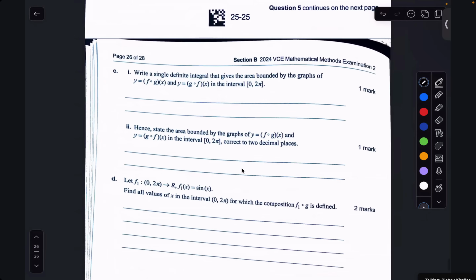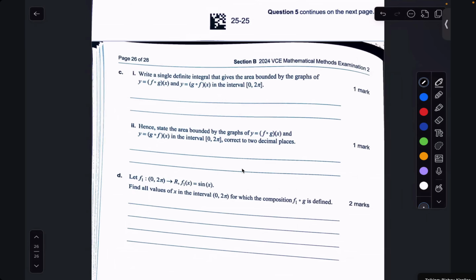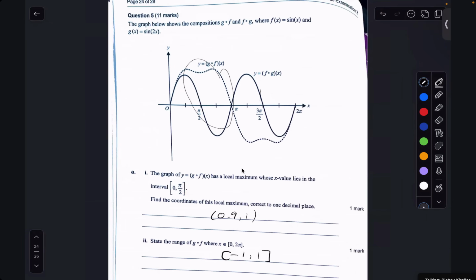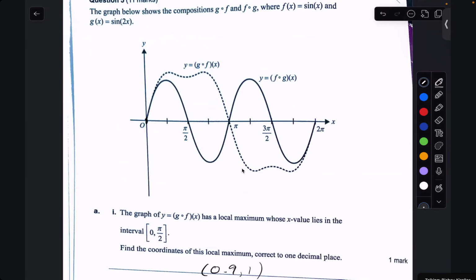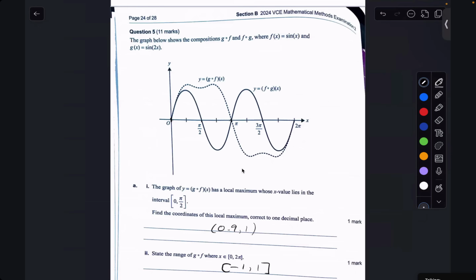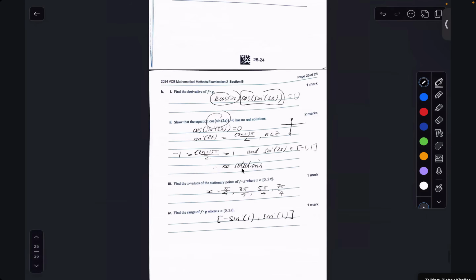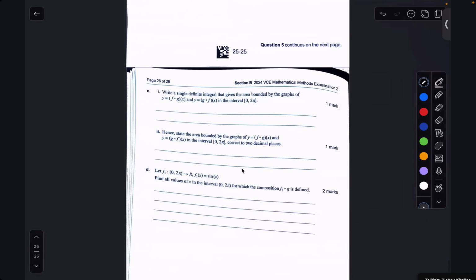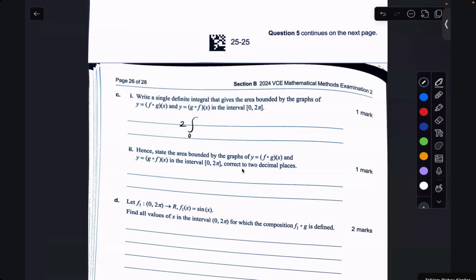Write a single definite integral that gives the area bounded by the graphs of y is equal to f of g of x and g of f of x. So these are the same, so you can just do 2 times one of them, and it will be from 0 up until pi, it looks like, of the top minus the bottom. Top is g of f, bottom is f of g. So 2 times the integral from 0 to pi of g of f of x minus f of g of x